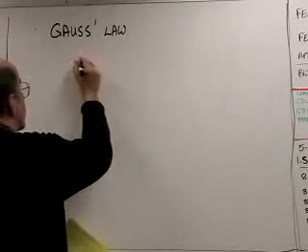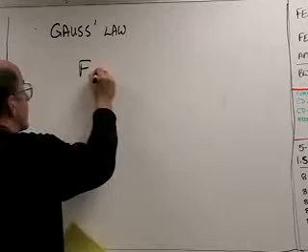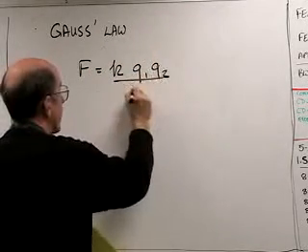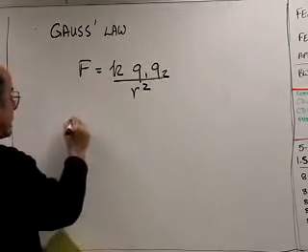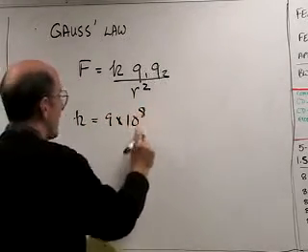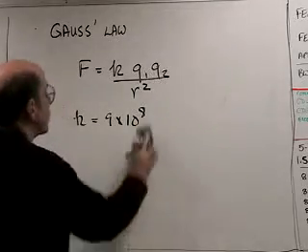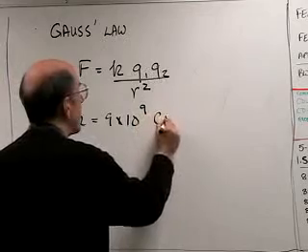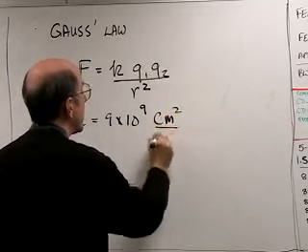We've talked about in Coulomb's law that the force is equal to K times Q1, Q2 over R squared, and this K is equal to 9 times 10 to the 9th Coulomb meter squared per